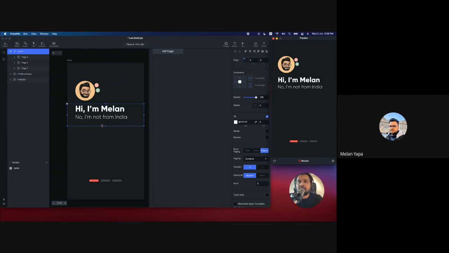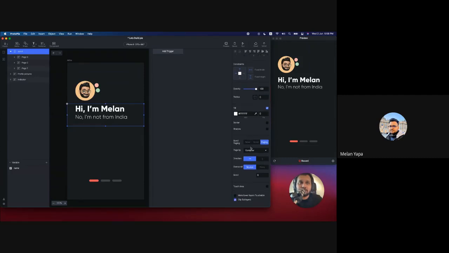What to do? How to do that? So one thing I can do, I can just increase the size of the paging container. So yeah, it'll work. But let me do it in a different way. If you scroll all the way down on the right side, I have selected the scroll container, paging container. So you have this touch area. So this touch area is available on